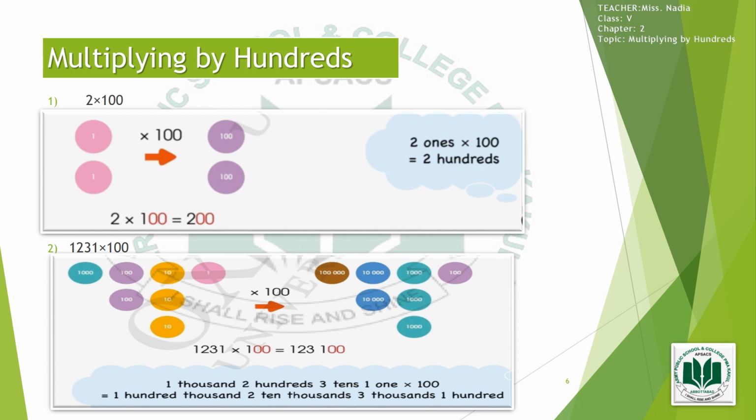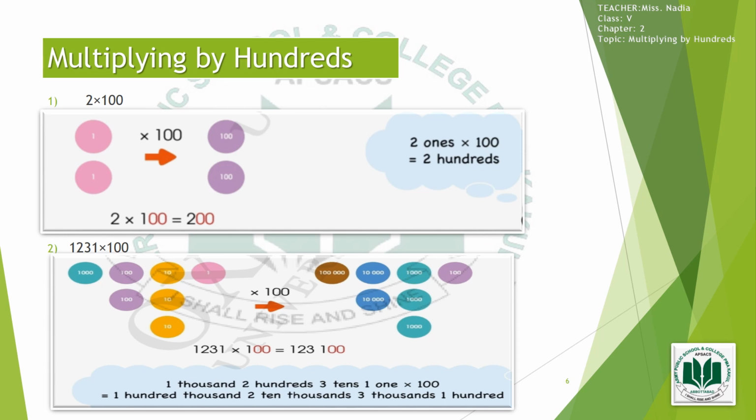Similarly, if a number is multiplied by 100, the answer is 100 times the original number. That is 2 multiplied by 100 is 200. Each digit moves 2 places to the left. That is 2 ones become 200. And in example 2,